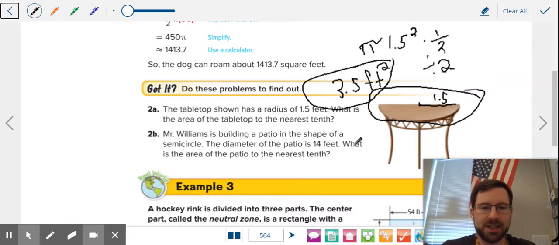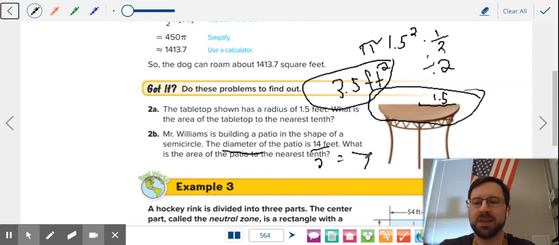This one is just like that. The only difference is they give you the diameter. So you're going to chop that in half and get 7. So it's 7 squared pi times a half, which gives you 77, because the tenths place rounds up to the next